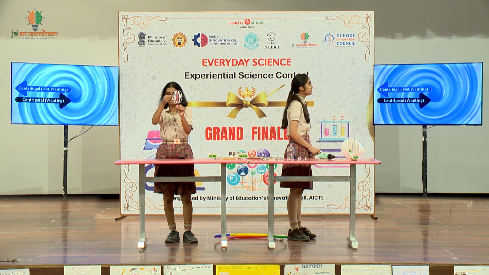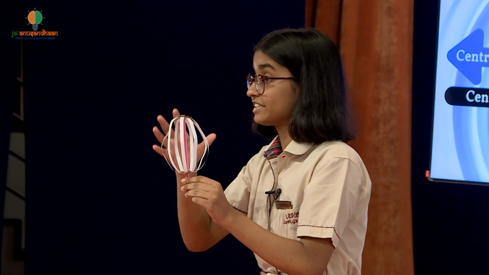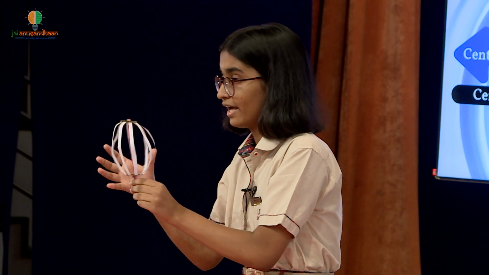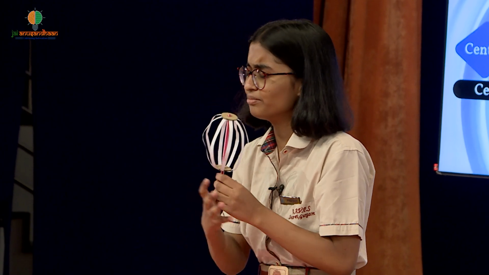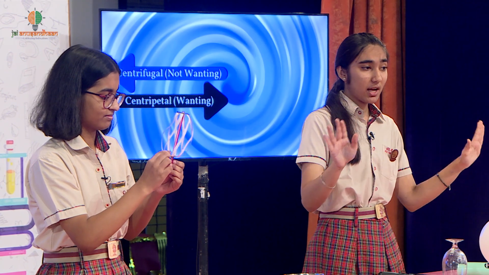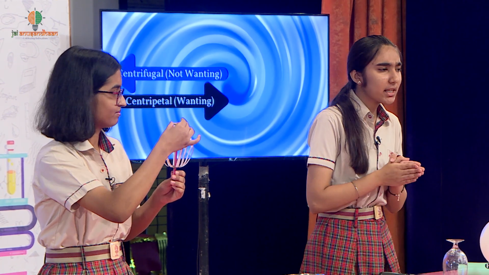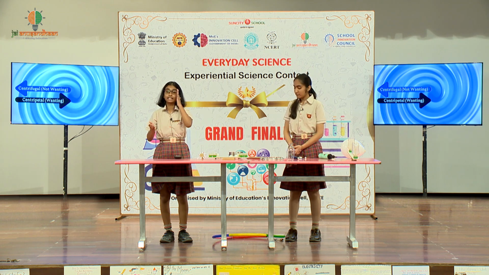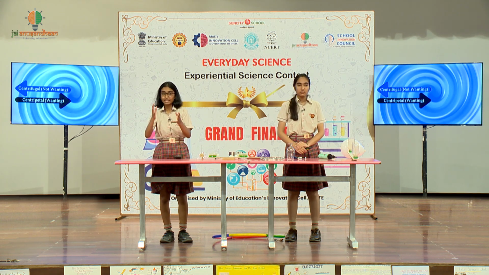The reason behind this is also centripetal and centrifugal force. The centripetal force keeps the strips attached to the stick, while the centrifugal force tries to push them away. They both go hand in hand to create these beautiful, interesting patterns. Curvaceous patterns. All right, to conclude, remember, it's the centripetal force that pulls you in and the centrifugal force that pushes you away. Yes. And they work together in perfect coordination to move things in a circle. Yes, it's like a balancing act between them that makes the objects go around a circular path.